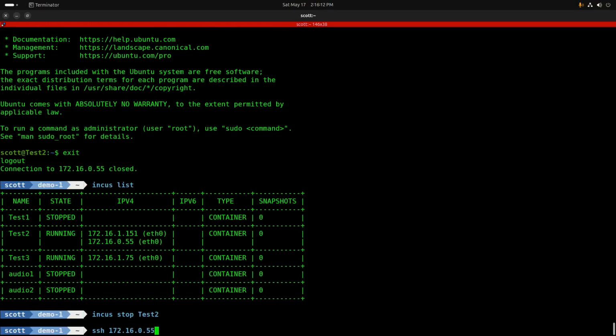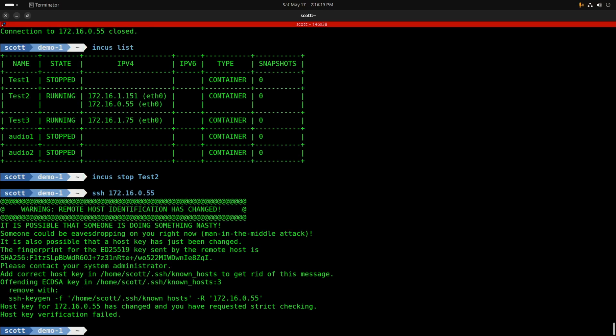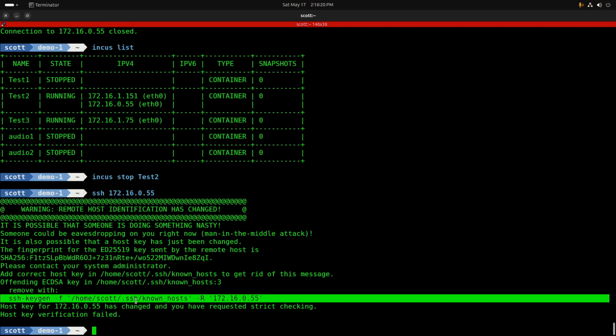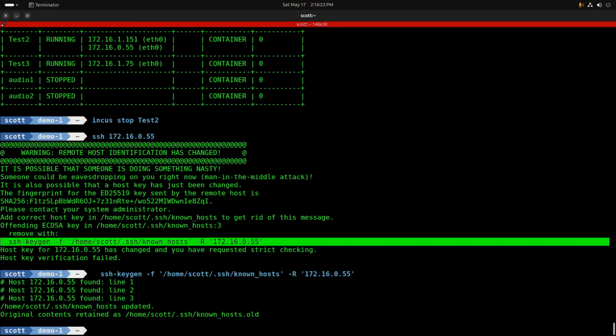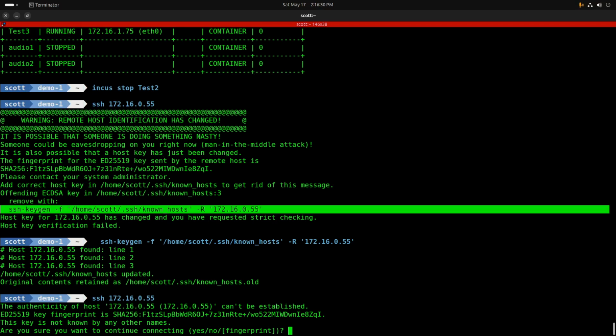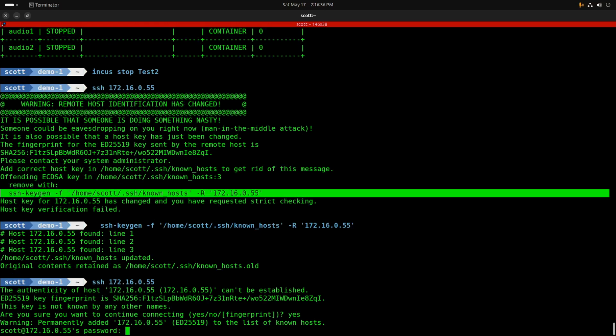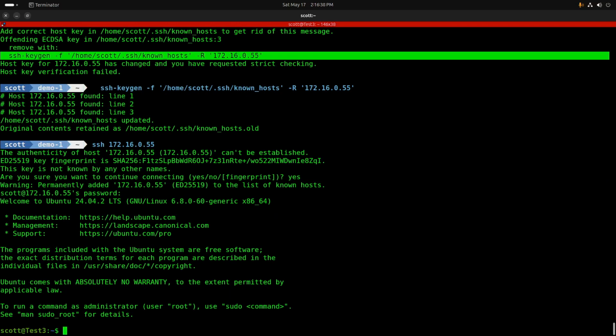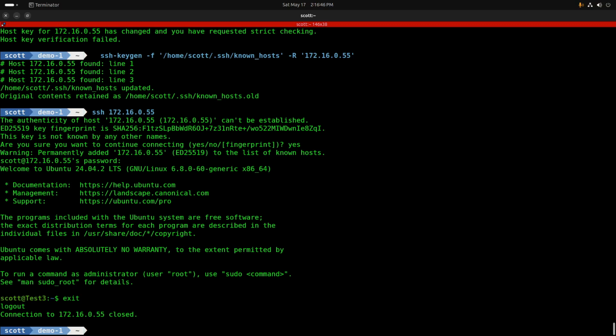SSH to 172.16.0.55, again, it's telling us that its address has changed. So we'll go ahead and remove it from the SSH keygen, and now we'll do an SSH to 172.16.0.55. Once again, we'll say yes, we'll type in our password, and this time we're not on test2, we are on test3. Now if I exit test3 and I do an incus start